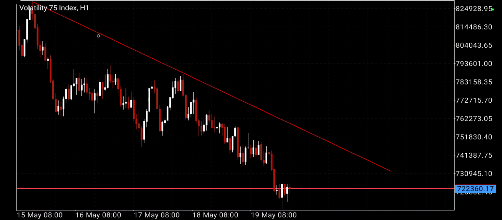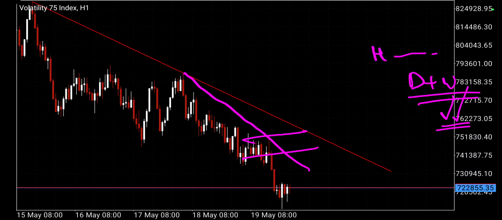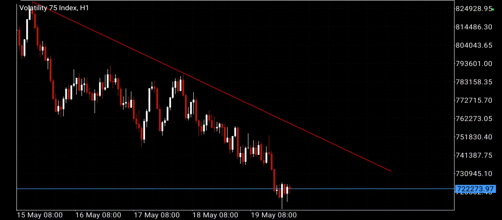So in this case, if someone picks H1, they will be saying, now my friction area is here and my trend line is here. And remember, they checked H4, they checked the weekly, they checked daily. They know that they're inside daily and weekly demand. So if they are looking for buying opportunities, they are very much correct. They can do that and buy. But they must take profit, number one must be there. So currently, what you have to be doing is look for buying opportunities to at least reach